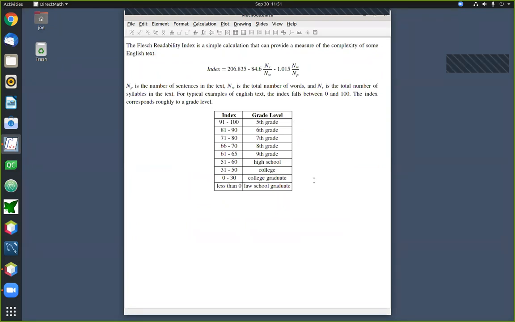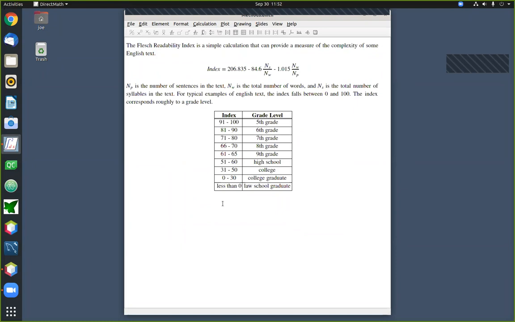So something with a readability index of 91 or greater, that's considered to be at the 5th grade level, and so on and so forth. As the index falls lower and lower, it goes to the highest level. And by the time you drop below 0, it's text that only a lawyer could understand. All right, so that's a standard scale for assigning a level of difficulty to a piece of text.